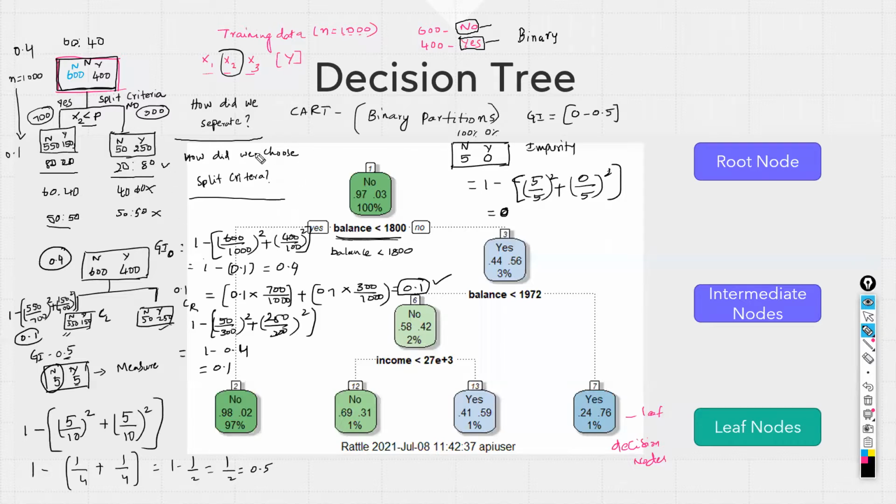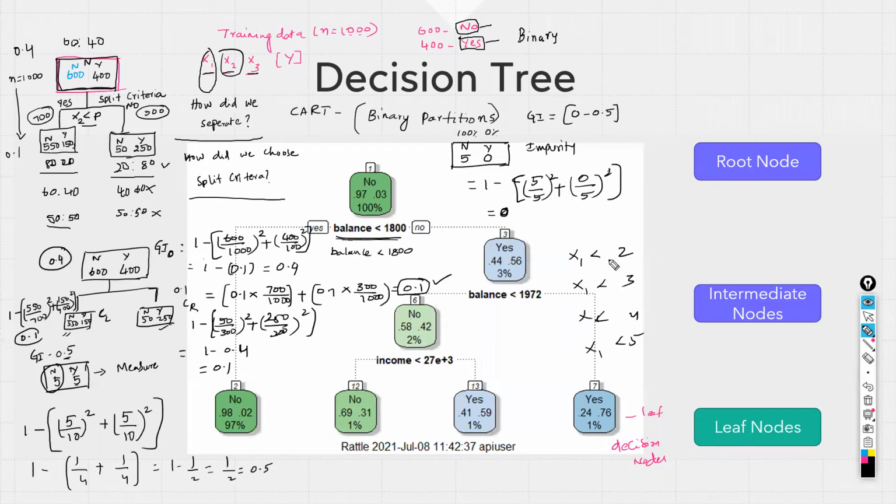Now let's get back to these questions. How did we choose the split criteria? We have three variables, x1, x2, x3. Let's first iterate within x1. In x1, we have 10 split levels available. Let's write the split levels simply like x1 less than 2, x1 less than 3, x1 less than 4, x1 less than 5. So these are the 10 splits that are available.